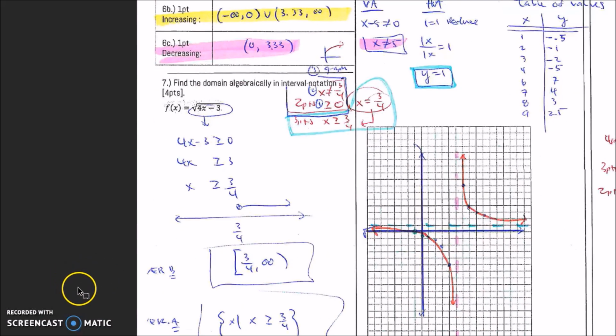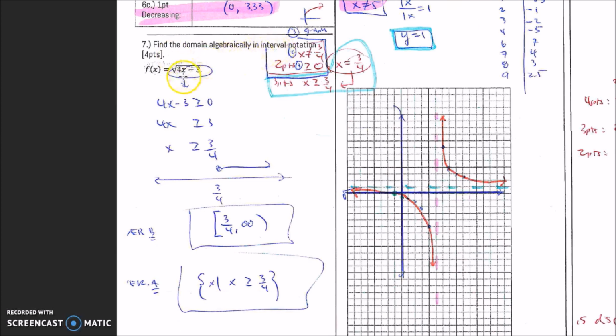For question 7, it says find the domain algebraically in interval notation. So you have a square root problem here, and algebraically means you have three options. In class we talked about either setting it not equal to 0, greater than or equal to 0, or greater than 0. In this problem, I can make it greater than or equal to 0. The reason I can do this is that I can have a square root of 0 or a positive number, but we cannot take the square root of a negative. It becomes complex. So I set it greater than or equal to 0, add 3, divide by 4. Now this says interval notation, so greater than or equal to is including, closed circle, going towards the right. So this would be a bracket, 3/4, comma, or 0.75 to infinity, parenthesis. That would be interval notation for, I believe,